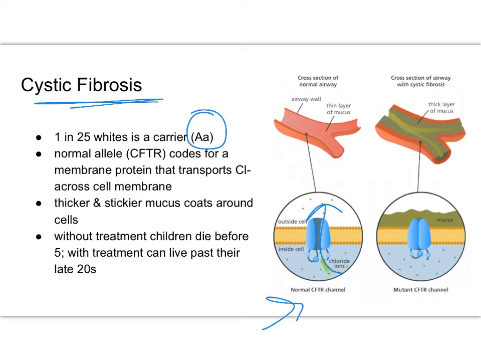If that channel is defective, then it limits the transport of chloride. If you look in the second picture here, I have the defective or the mutant CFTR channel, and you'll see that it's closed. So if it's closed, chloride isn't moving across the cell membrane. Okay? And water, remember, water has a charge. Chloride is a negative ion, right? And water is polar. So water can follow that chloride ion, and it doesn't, because the chloride ion isn't leaving. So if I have the mutation and I have the mutant CFTR channel that's closed, then I don't have as much chloride and water moving across the cell membrane.